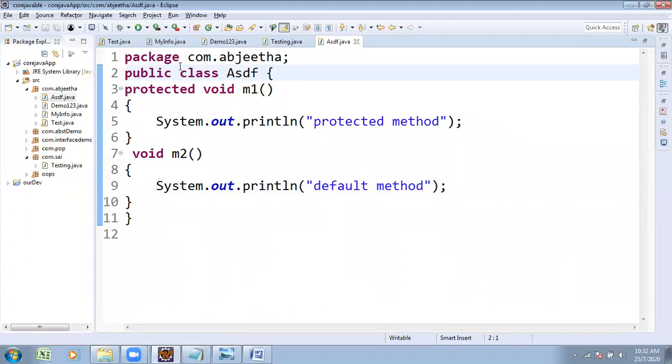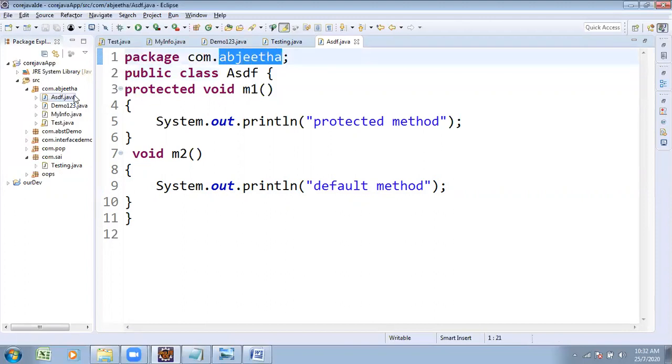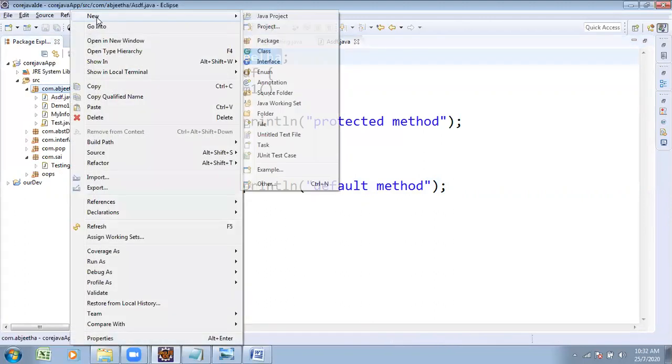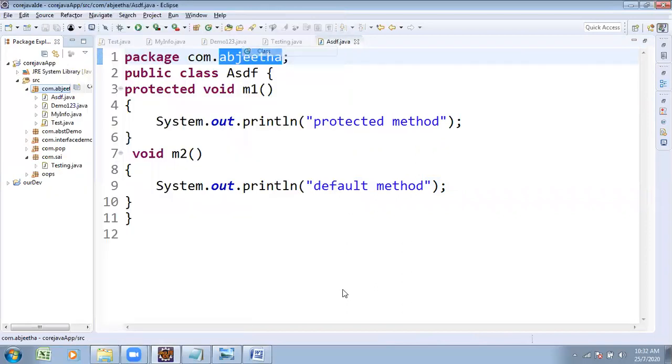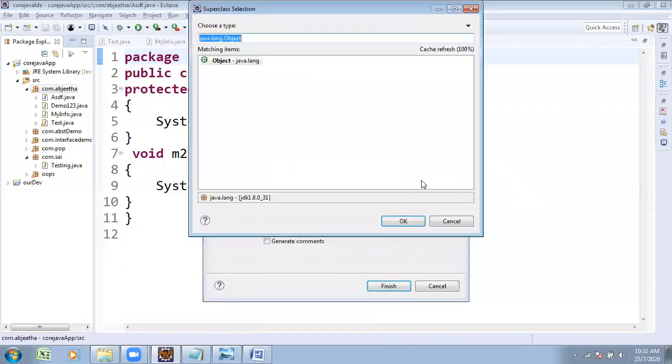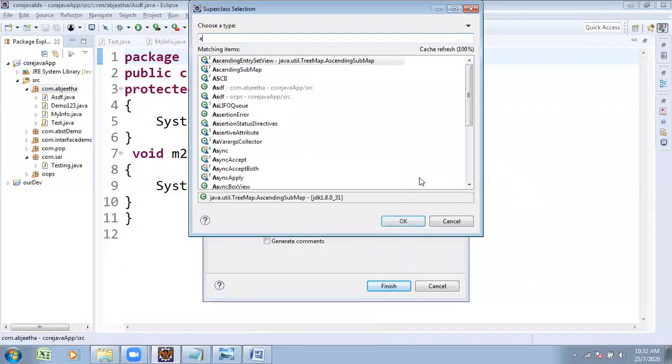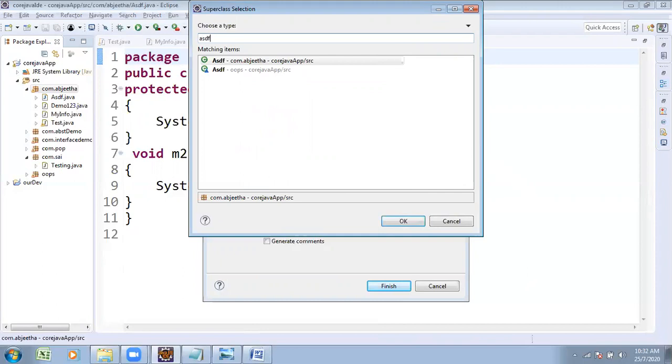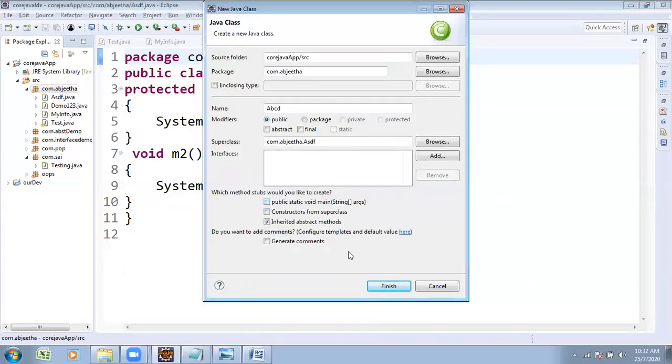In the same package, com.abhijit, try creating one subclass. Subclass name is ABCD, any name. ABCD is a subclass of ASDF.